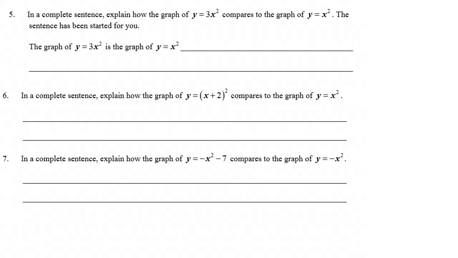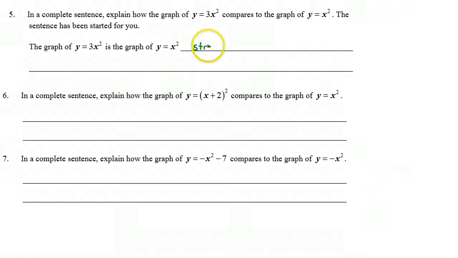Hello, in this video we're just going to quickly work through these three questions here from the homework. So, in a complete sentence, explain how the graph of y equals 3x squared compares to the graph of y equals x squared. The sentence has been started for you. So the graph of y equals 3x squared is the graph of y equals x squared